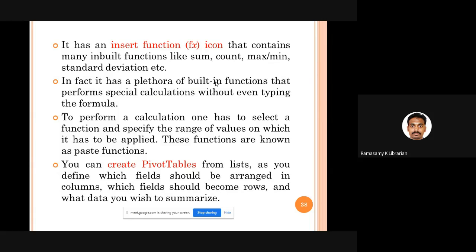That is one thing. And secondly, MS Excel provides you an option for creating pivot tables. So you have column data, you have row data. You can decide which one should be in the column, which one should be in the row, and what kind of statistical measure you can follow. Whether you want a simple frequency or a percentage or summary, anything can be used for constructing pivot tables in MS Excel.